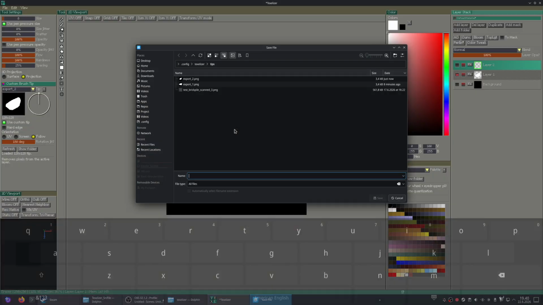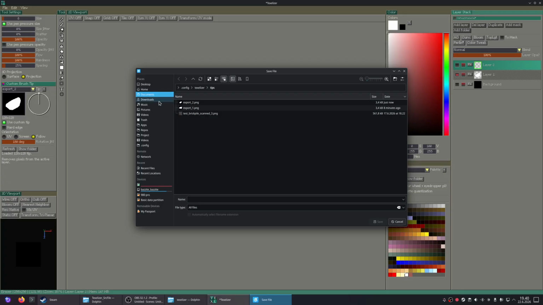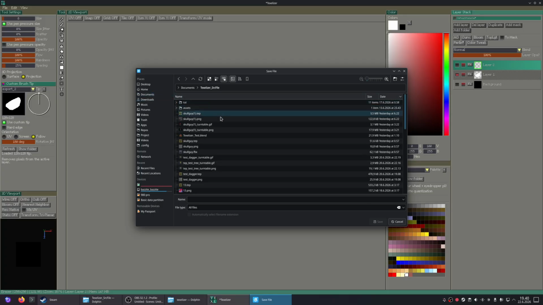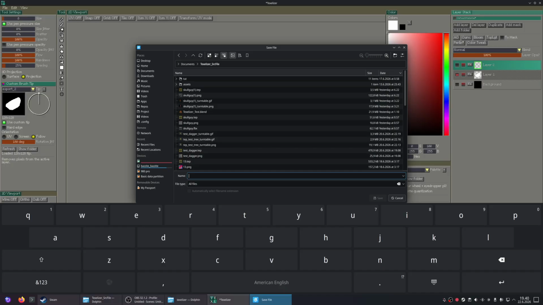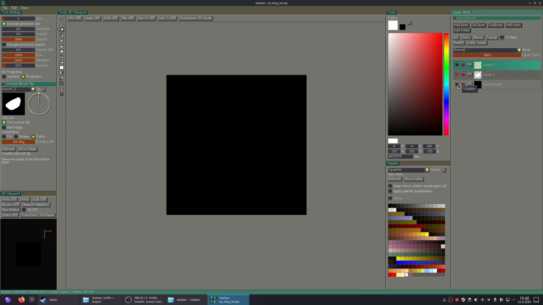And I'll actually save now this actual project file. Don't want to save it there, I'll save it there instead. Let's do this. Alright.